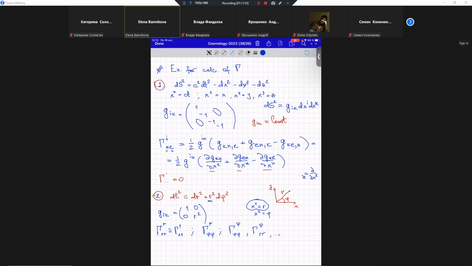As an example, to be in time, I would like to calculate the Christoffel symbol Γ^r_{rr}. I just need to look at this expression. Okay. Everything is very simple, because first we need to understand this is